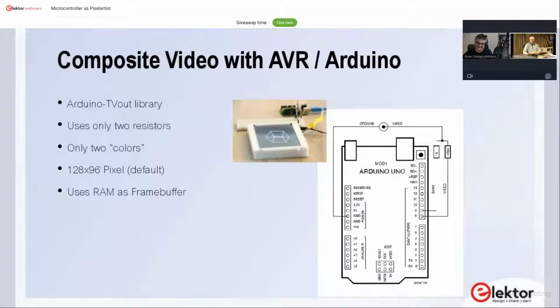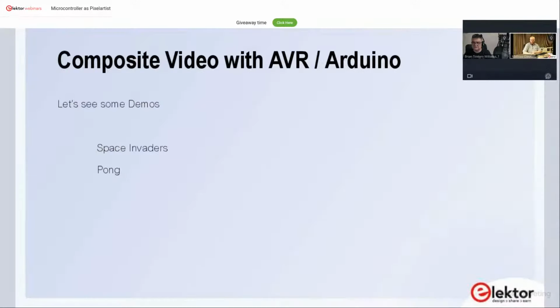There is a TV out library available. You then have the two colors. You can do 128 by 96 pixels by default, and you will use the RAM inside the Arduino as a kind of frame buffer. So that's why you're limited in the pixel resolution. But if you look at the demo outputs,